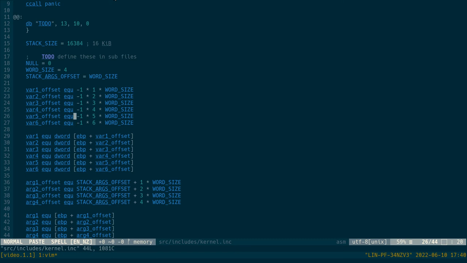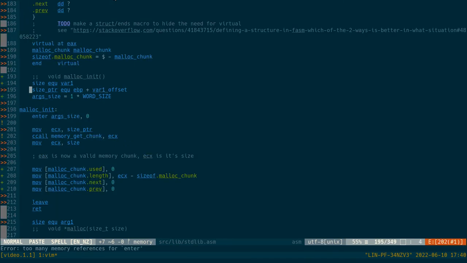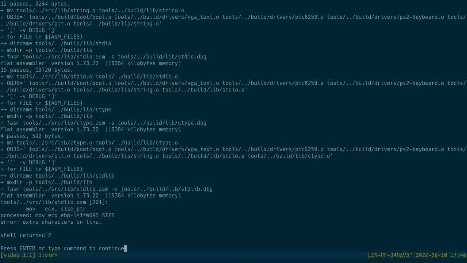It likes it there. EBP, yeah. Looks a bit gross, but